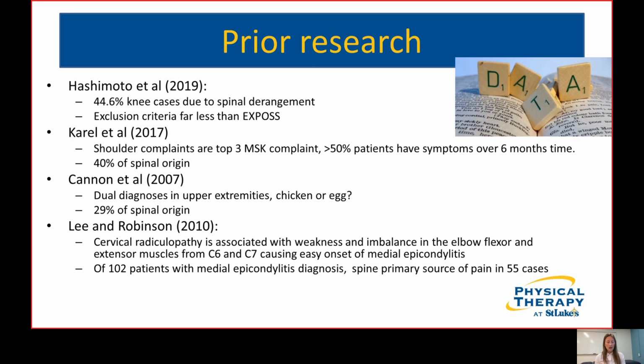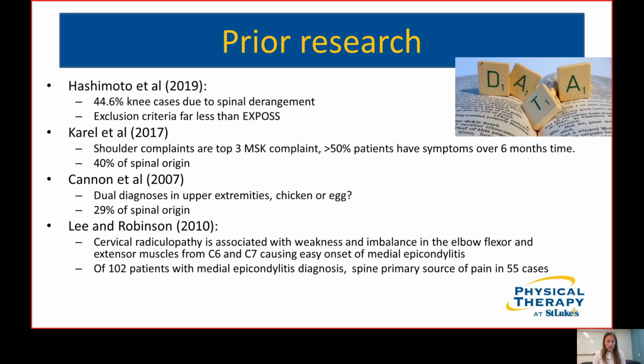They had 365 cases in this study. 14% of clinicians suspected spinal origin after history in patients referred for this diagnosis. After examining the patient, 17% in addition then went on to say, this might actually have a spine component, either cervical or thoracic. And then, as these patients were being treated, 22% of the clinicians had to change their diagnosis from the periphery to the spine. So that combined near 40% total in their cases that they felt were of spinal origin.